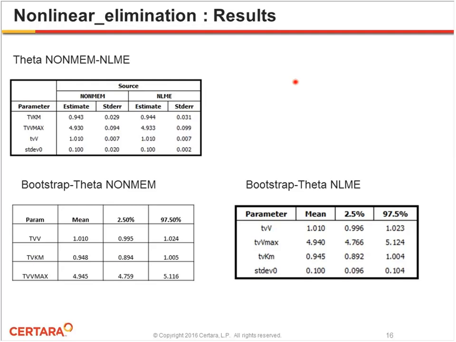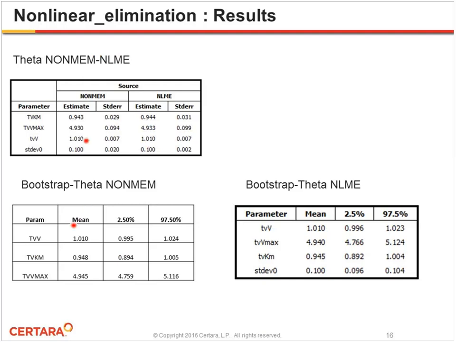So these are the results from the Bootstrap. This is from our original models, the theta table, the NONMEM estimates and standard errors, and then NLME estimates and standard errors. And as you see, pretty close, just very small differences. So this needs to be compared with, for example, the Bootstrap theta from NONMEM. The mean values